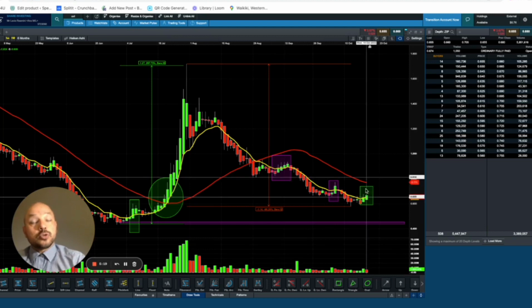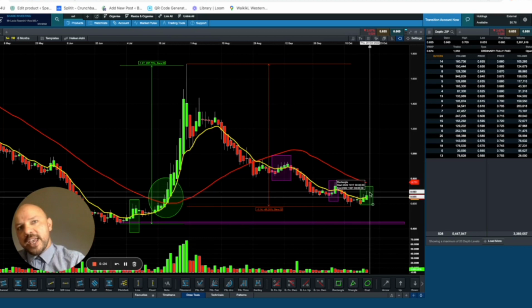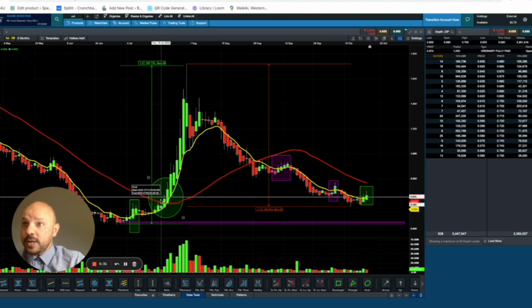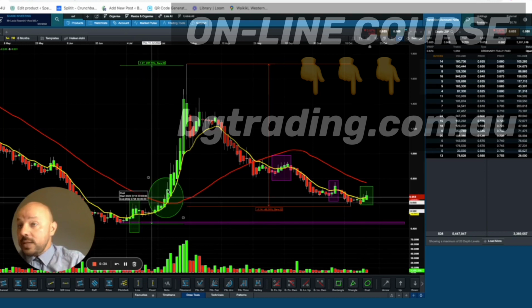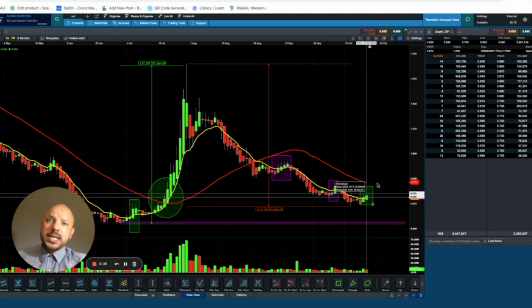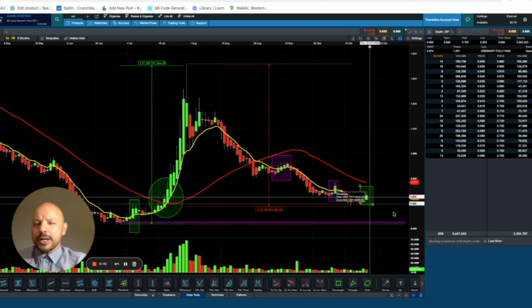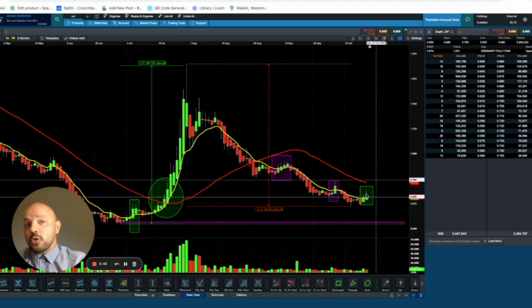Those last two green candles, if tomorrow or in the next few days we have a confirmation of this bullish intersection level, this cross as we had here, and then the candles trading on the upside of the yellow line, which is our EMA 9, then definitely it will be a hold. At the moment, we look into buying the stock at the current levels